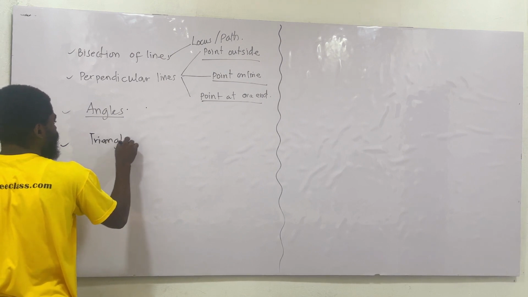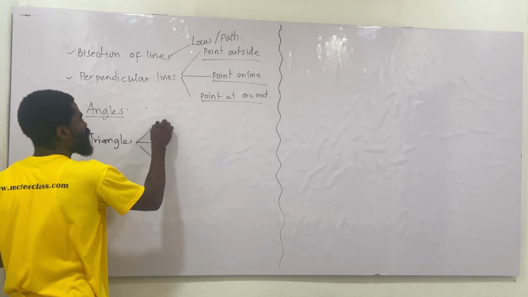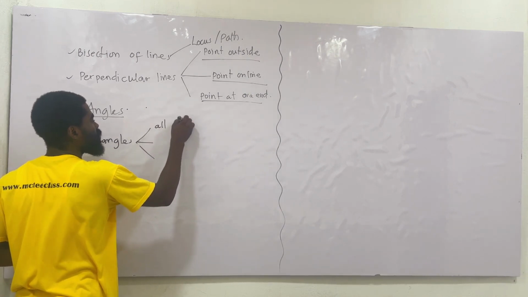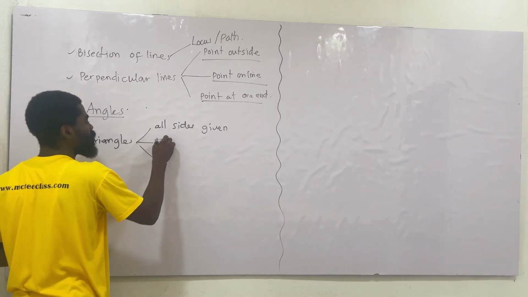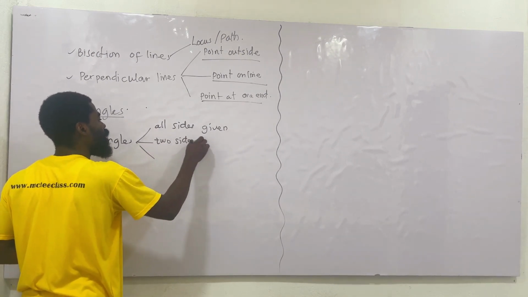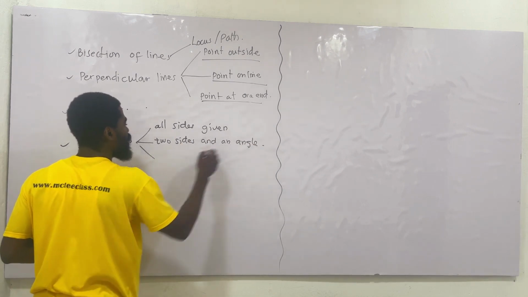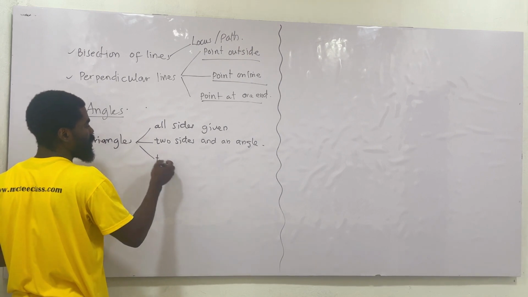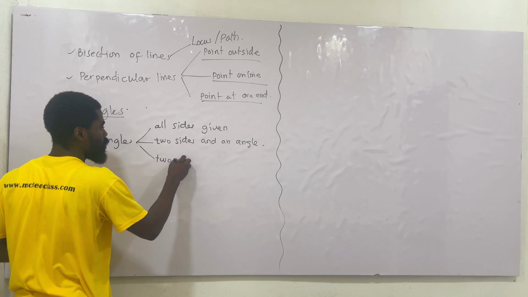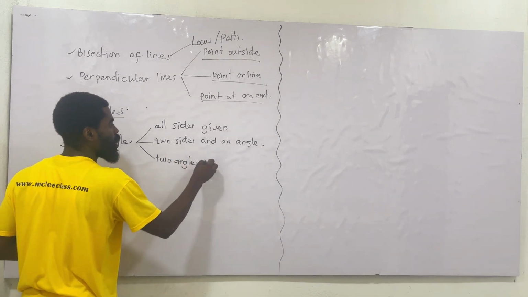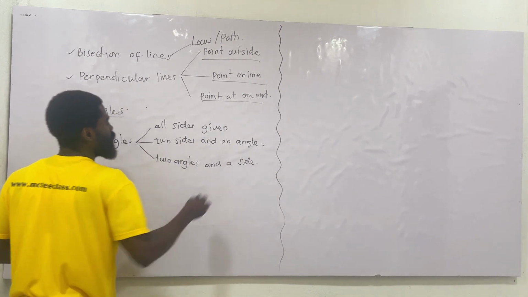Then we'll look at construction of triangles. There are also three ways that you can construct triangles: when all sides are given, when two sides and an angle are given, and when two angles and a side are given. I hope you write them down so that these are the things we are going to look